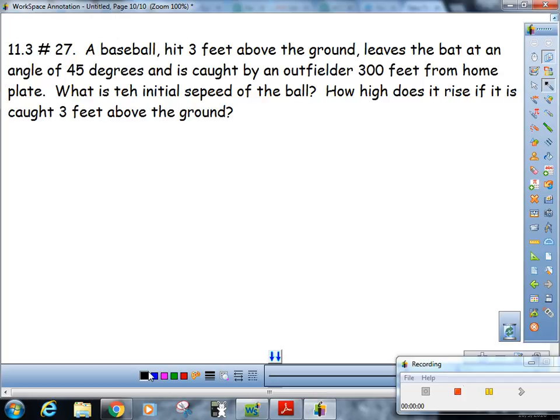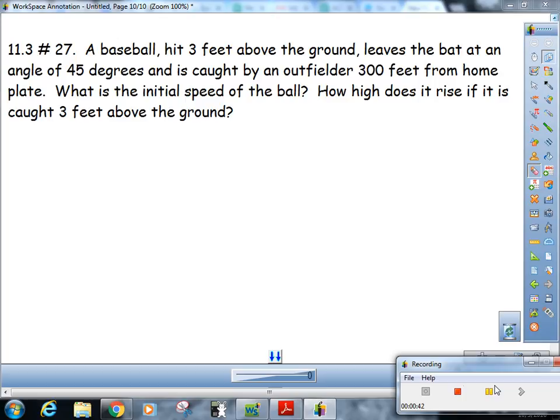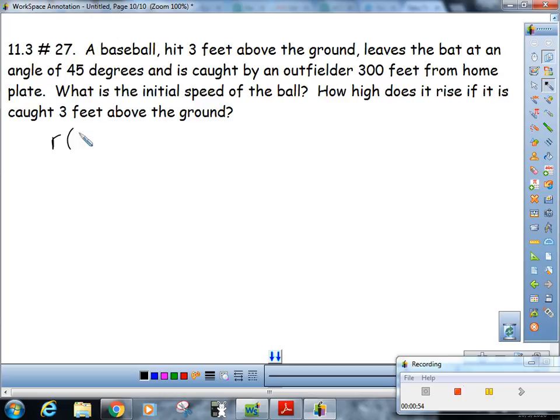This is a two-dimensional projectile problem that we're going to do in parametric form, okay? Remember that the general form for projectile motion is